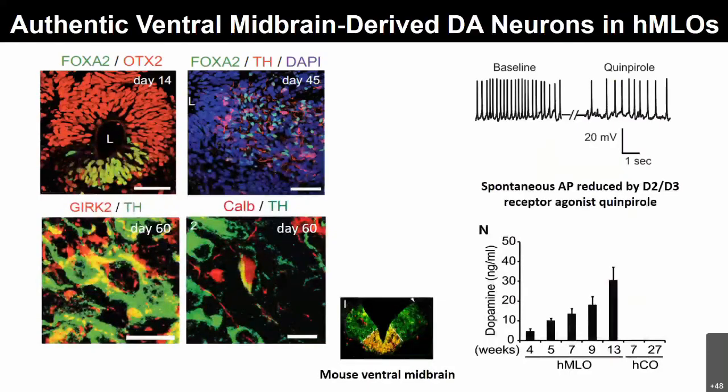And we do immunostaining to look at the organoids. We show that they are really authentic midbrain organoids that behave, as far as we can tell, like the mouse ventral midbrain sections. You can see that they are marked by the cardinal midbrain floor plate markers, FOXA2 and OTX2. Later on, these cells differentiate into neurons and turn on TH. We also have subtypes of those TH neurons, marked by PITX2 and calbindin. And these cells are functional through our electrophysiological analysis.